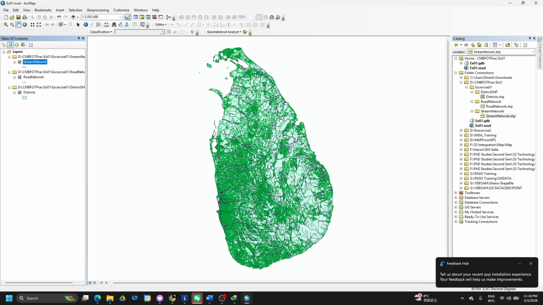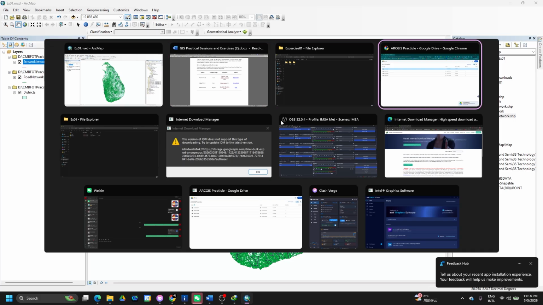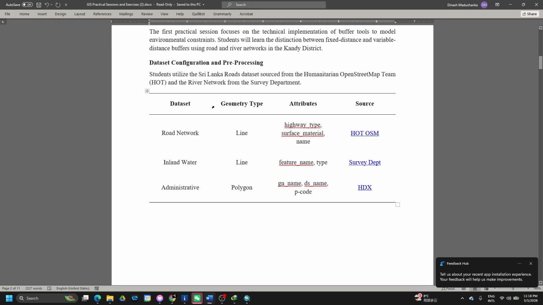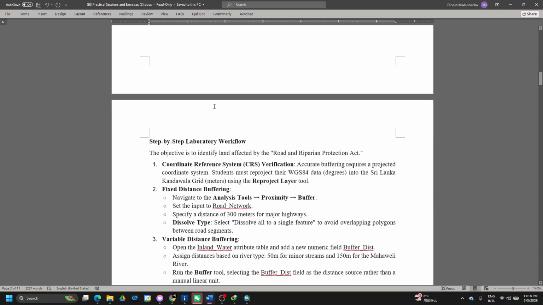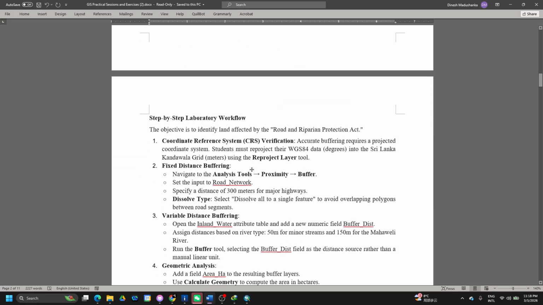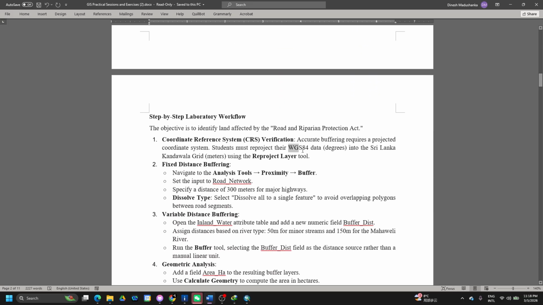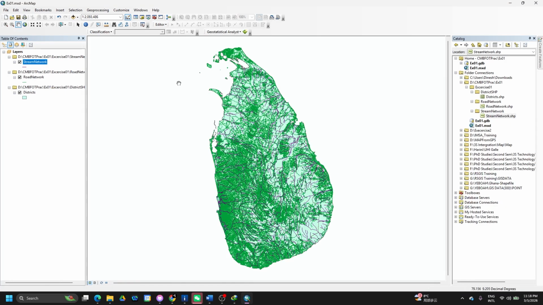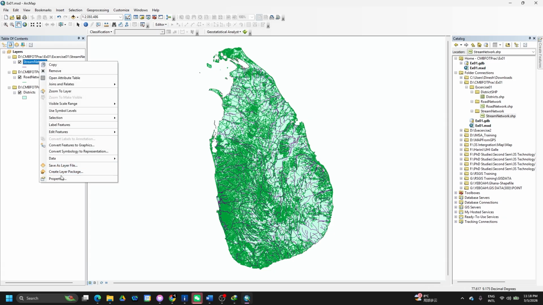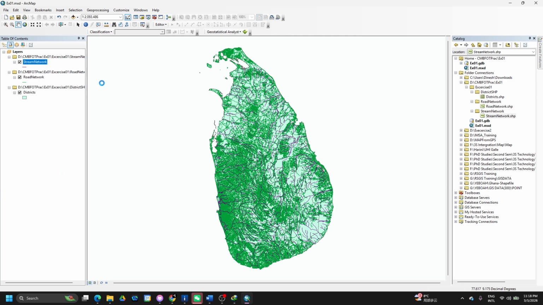into my project. But the main thing we have to consider is that we need to convert, because right now, as I mentioned here, we need to reproject the data from WGS 84 into the Sri Lankan Kandawala grid in meters. So when we are doing the calculation, it will be easy for us. For this one, we have to use the reproject layer tool. So I think you know about this tool, what we are doing. If I inspect this one, I right click and go to the properties of this layer,